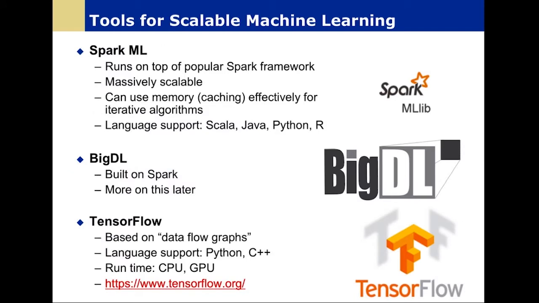Now, for scalable machine learning on clusters, you may be familiar with Spark ML, which is designed to give us affordable, that is open source, scale with traditional machine learning. However, it does not cover deep learning so much. BigDL brings deep learning to Spark, and we're going to be talking about that in the rest of this series. TensorFlow is a Python and C++ based deep learning library. It runs on CPU and GPU, etc. There are many other similar deep learning libraries as well: Torch, Theano, and Caffe, which we mentioned.